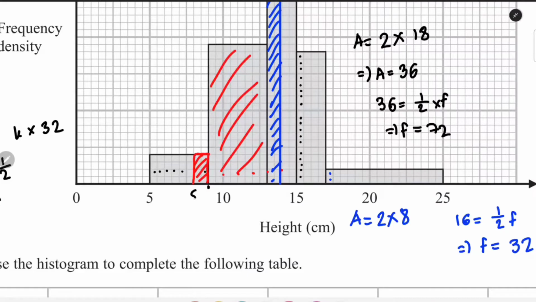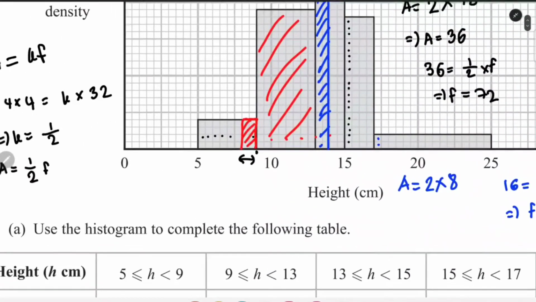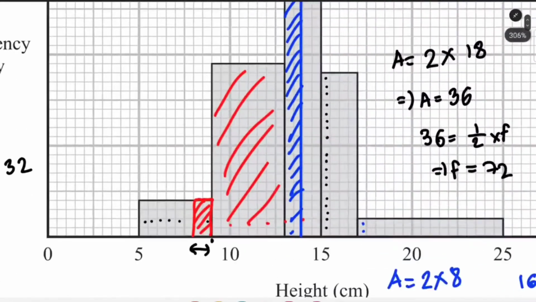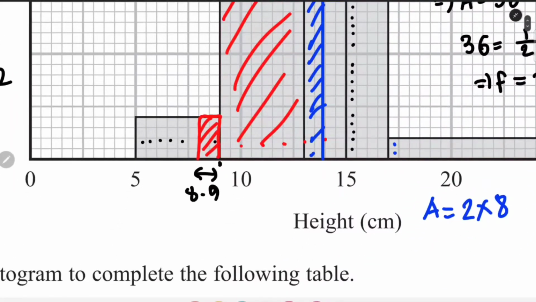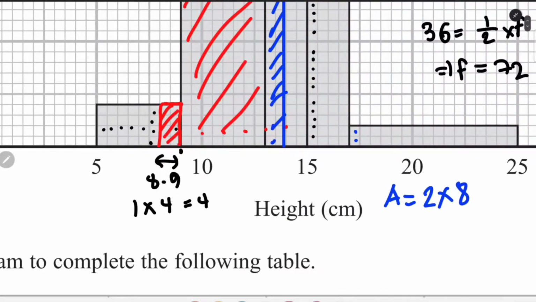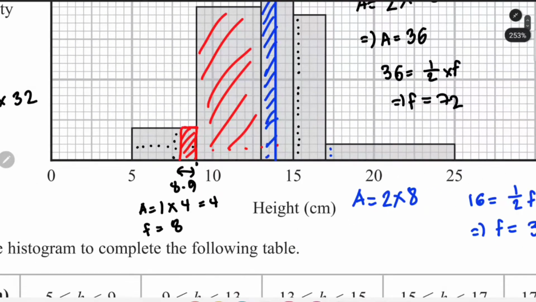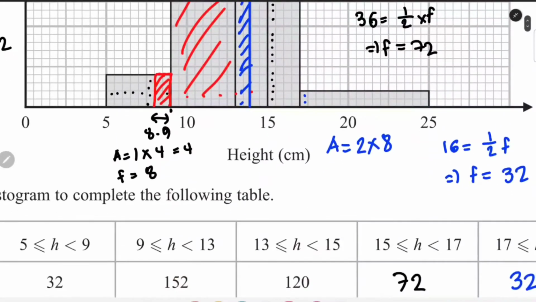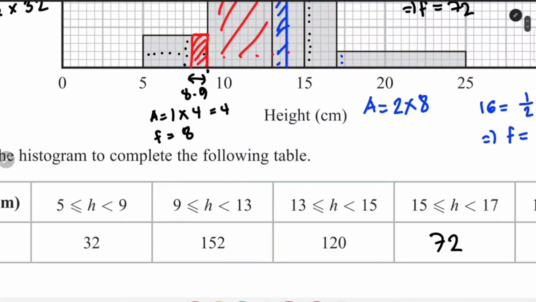So this area over here will be from 8 to 9, so 1 into 1 2 3 4. 4 is the area, so frequency will be double of that, so frequency will be 8 in this case. In this, the frequency we can directly find from the table, as the whole of the bar